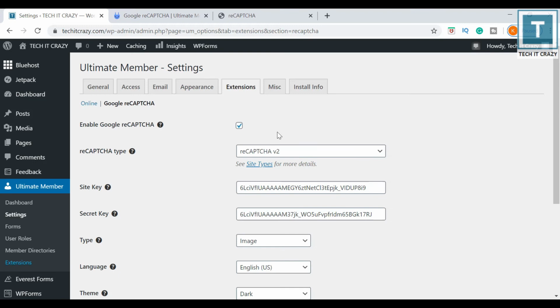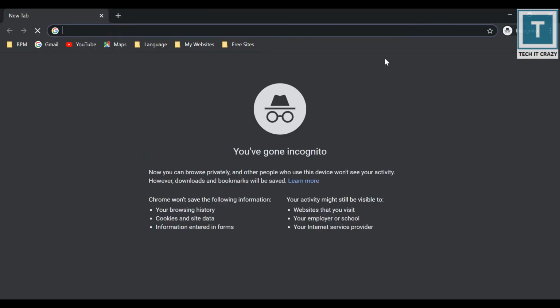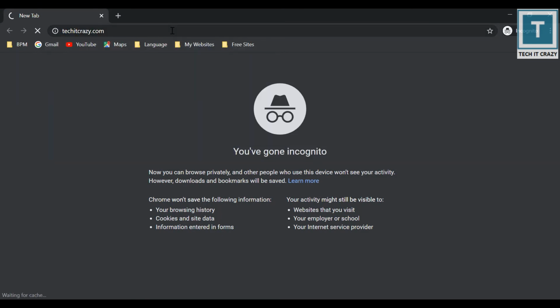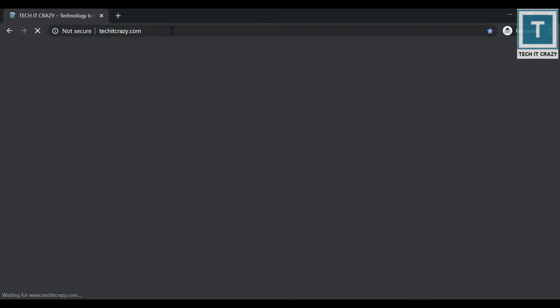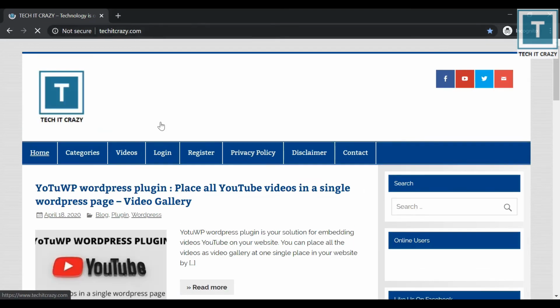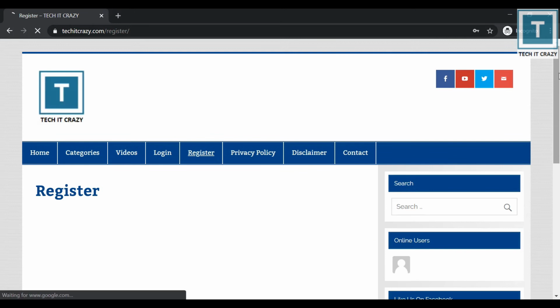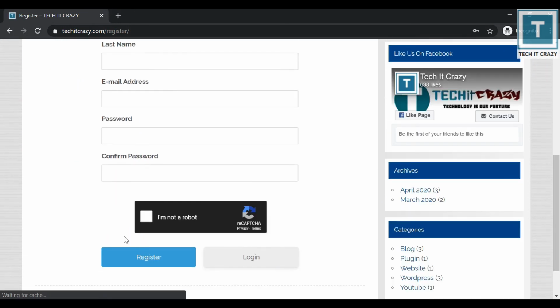Now it got saved. Let me go to my website in incognito mode. Yeah, it got opened. Now let me click on this register. Now see, the Google reCAPTCHA is enabled on my website.